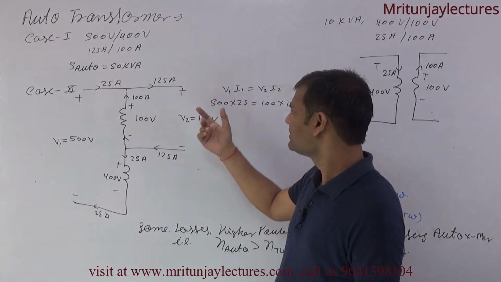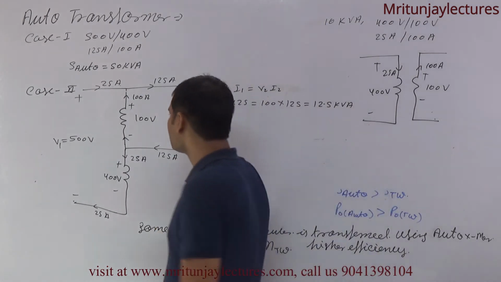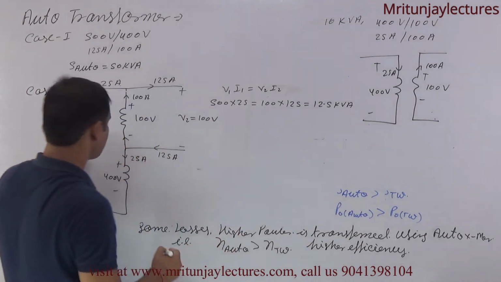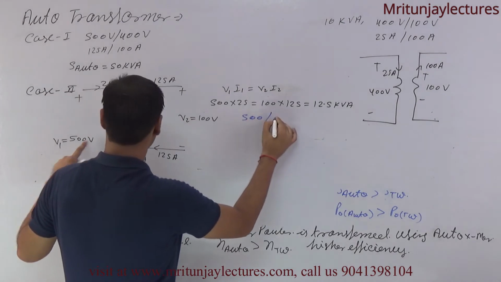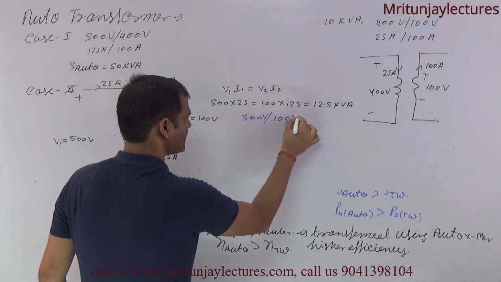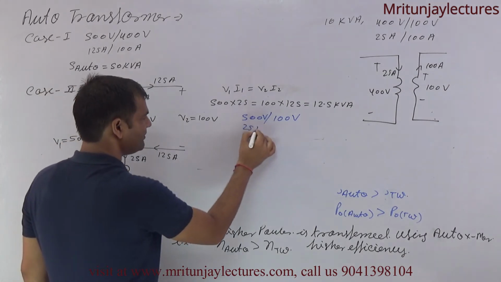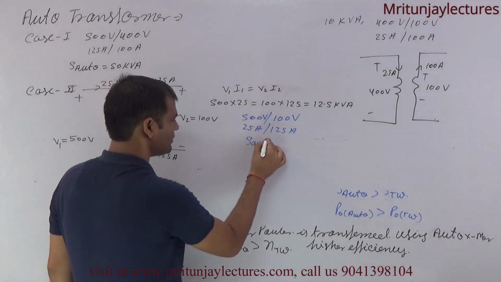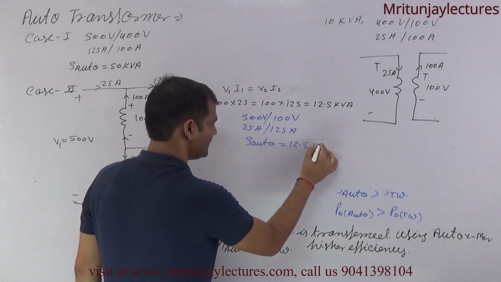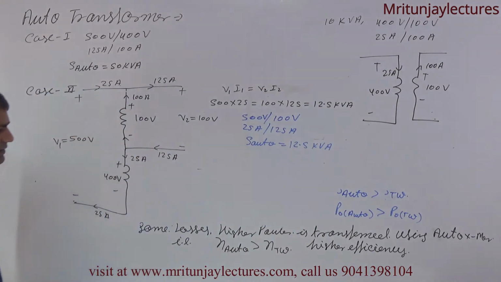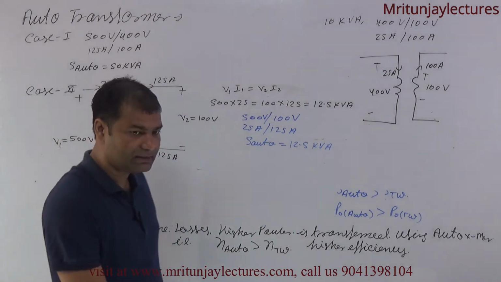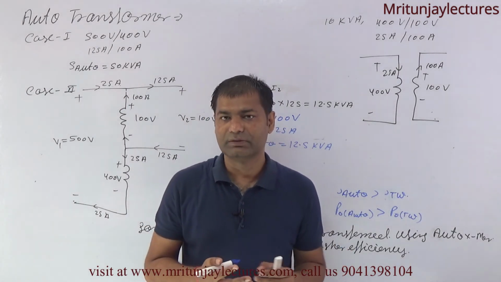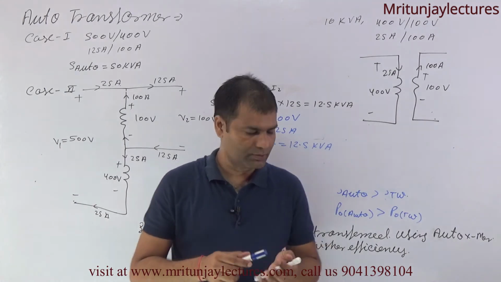Here also V1 I1 is 500 and 100 volt, current 25 ampere and 125 ampere, and S auto is 12.5 kVA. It is clear? First of all we discuss practically, and after that we will discuss the whole concept theoretically. Okay,